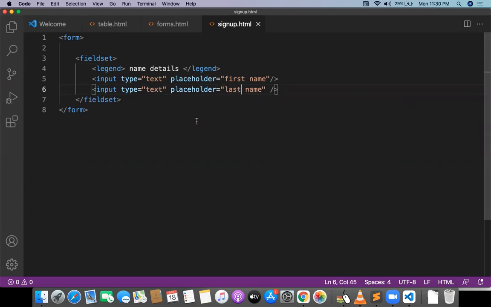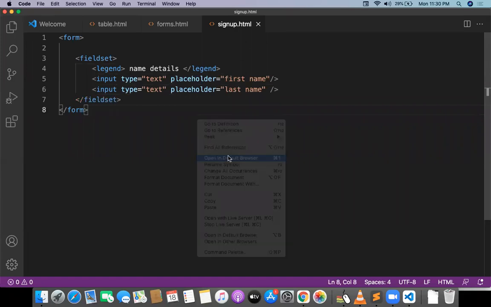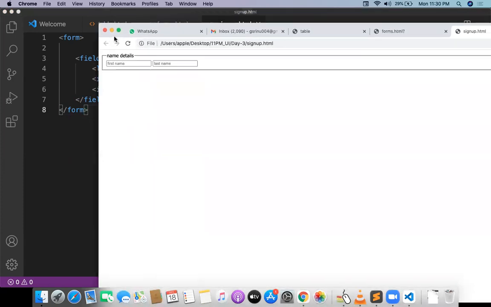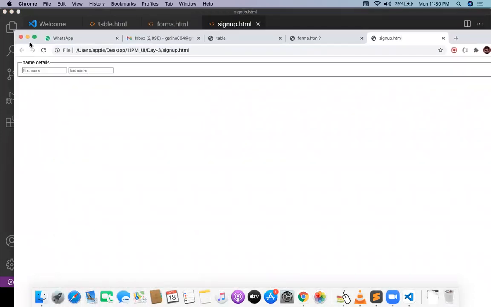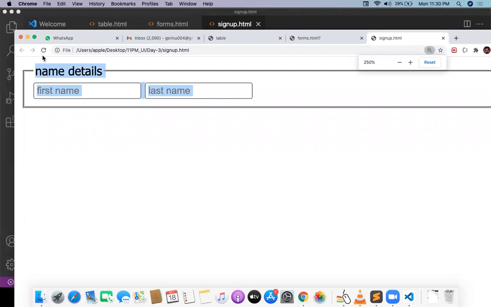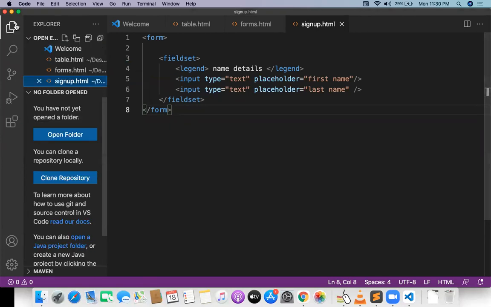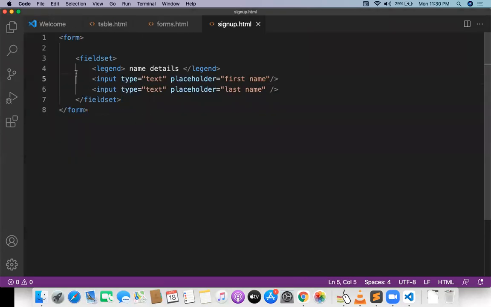Okay, so where is the field set? How will the field set be visualized for you? Can you see and observe where the field set is in the form? A field set is a rectangular box, which is a section of the particular form. For example, guys, I'm going to take one more field set over there.